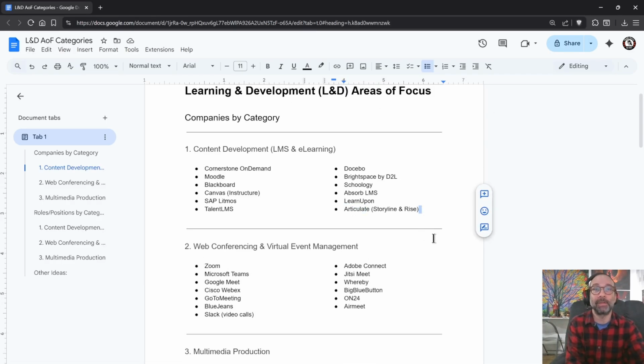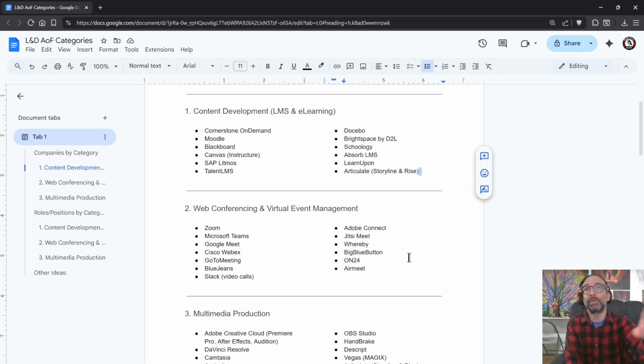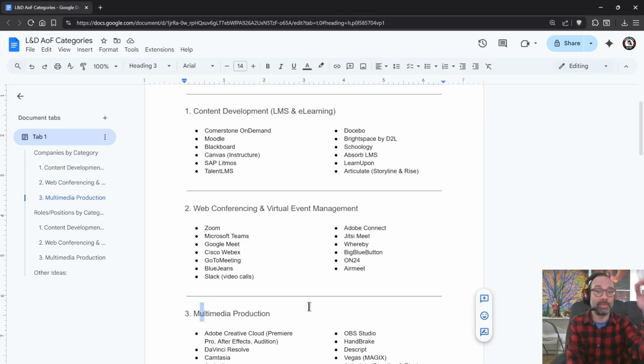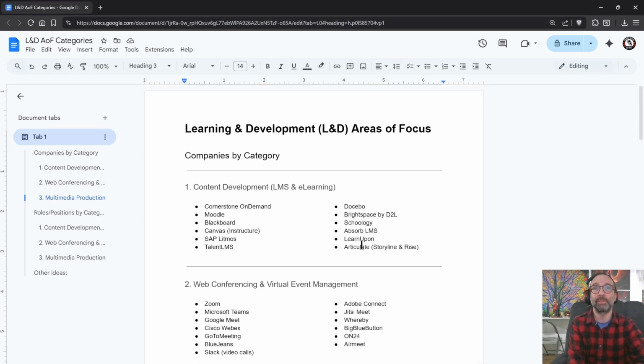So just think about how these things synergize together, and how your version of content development, web conferencing, multimedia production could be whatever. It could be you're good with a chainsaw, you're not a bad carpenter, you're pretty good handyman, and you're good with numbers. That's a business right there. That's a forestry or landscaping business. So how do these things work together, right? Mine are very complementary, but you'd be surprised at how things that might not seem complementary can be structured that way on a good resume or a cover letter.